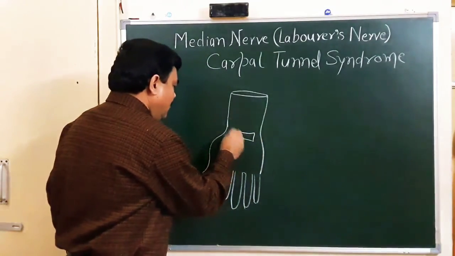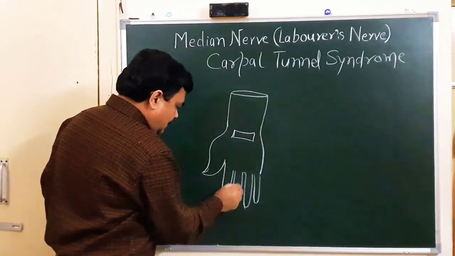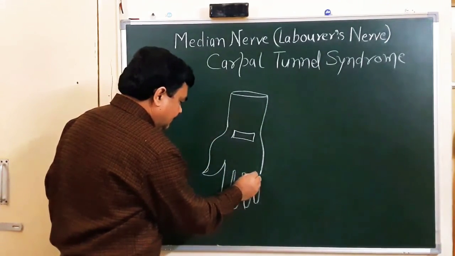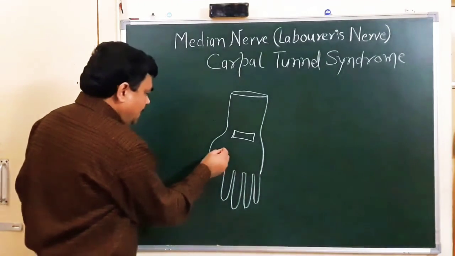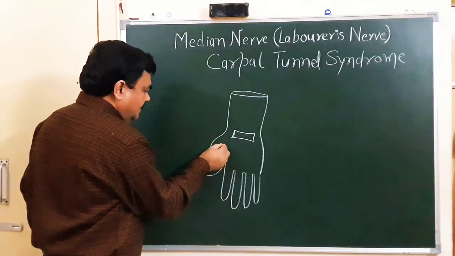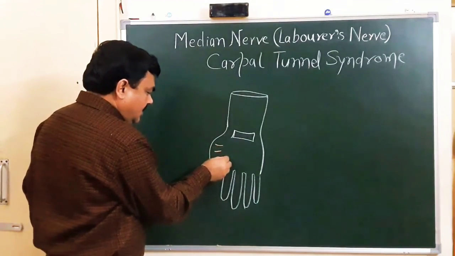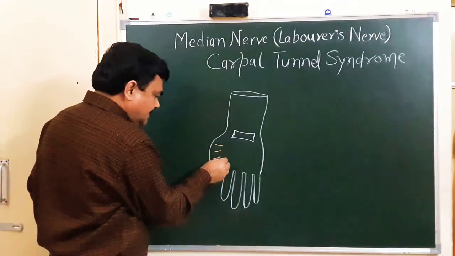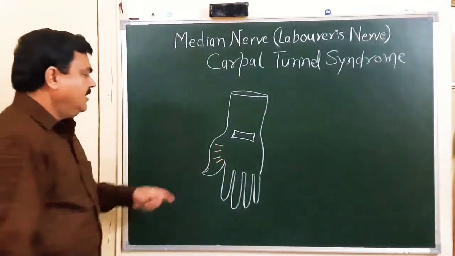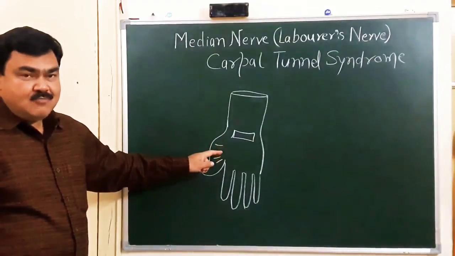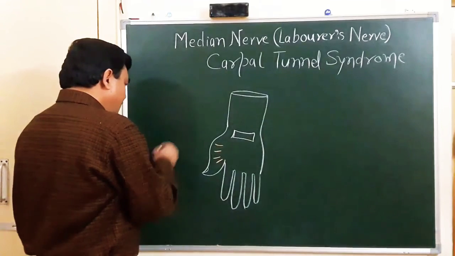This is the flexor retinaculum. Here, these are 4 muscles related to this thenar eminence. Here 4 muscles are present. The muscles are